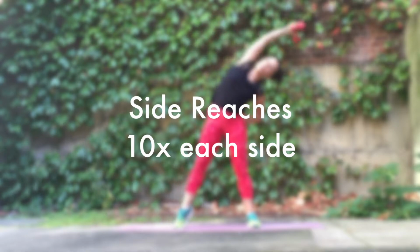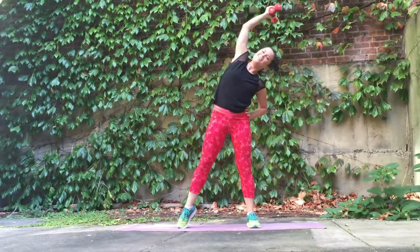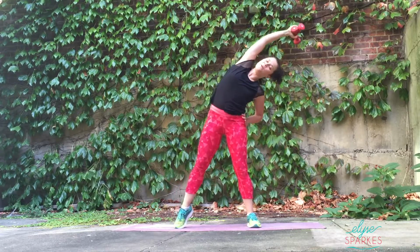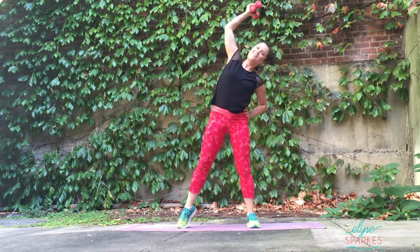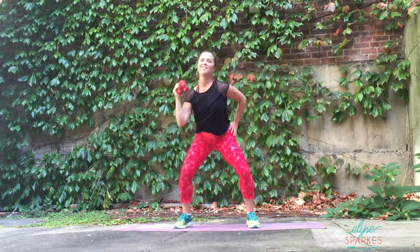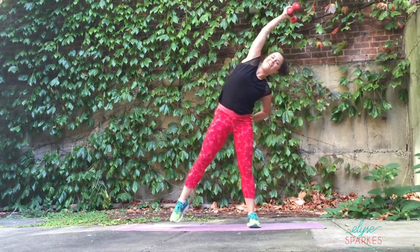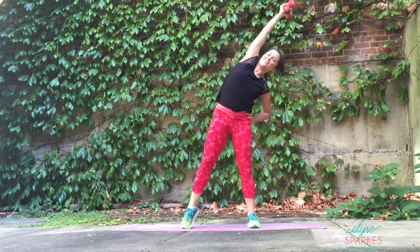Both weights in one hand or no weights at all. You're going to push off the floor and take a big side bend up and over. Now you'll feel probably a big stretch on the whole side of your body. You're going to go into that stretch and then really engage through your center, meaning that your whole front body